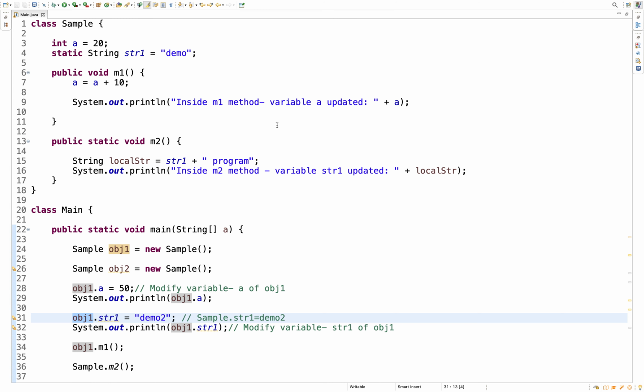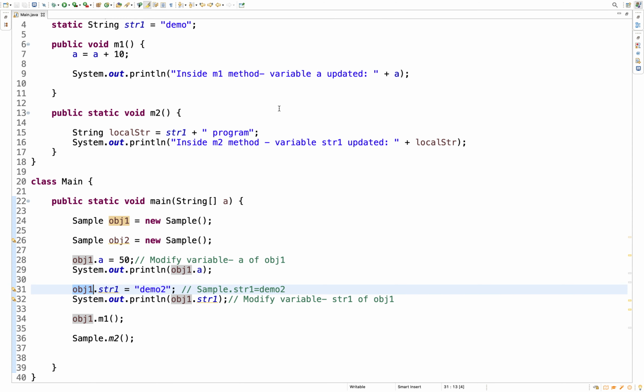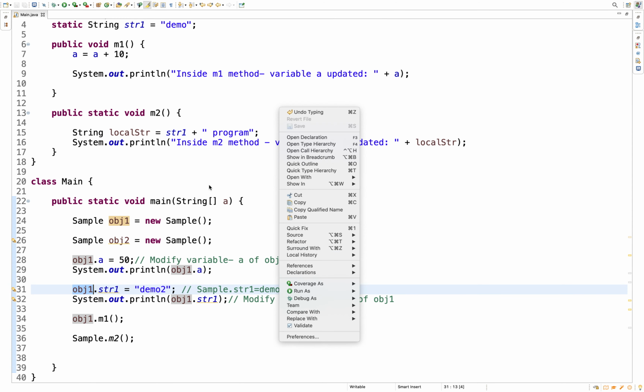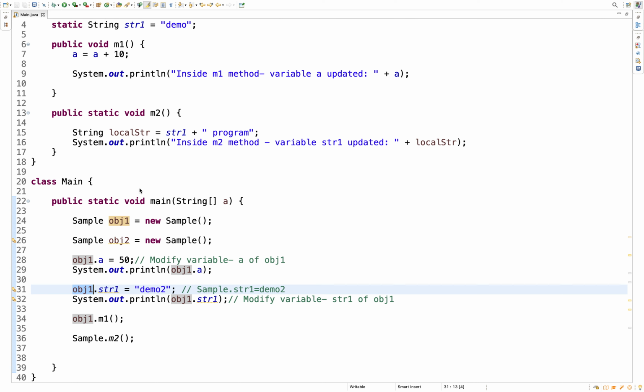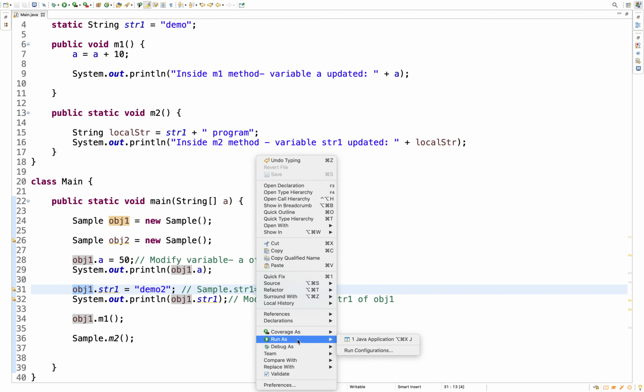We'll try to run this program. We have the main method here, right? Once you run the program, the JVM will check whether one of the classes contains the main method. If there is a main method, then that method will be executed, and whatever code is written under that main method will be executed and processed. Let's run this and check.